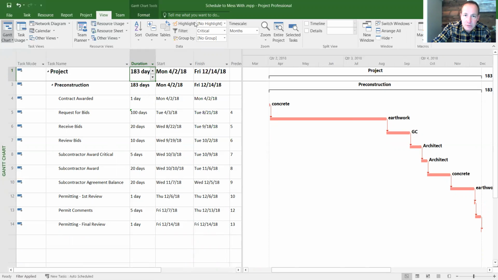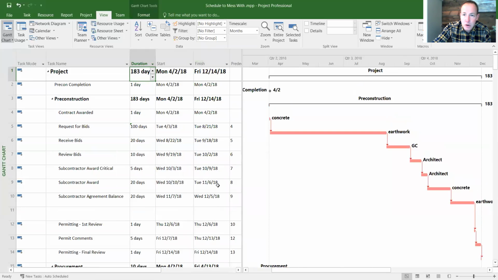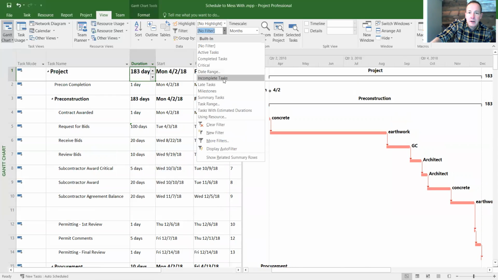It's an easy way to double check yourself. I'm going to go back to no filter. The other thing you can do with that filter is once you have all your resources input, as you know, you're going to have to print out a schedule for just drywall subcontractors. So once you have all the resources input, all the subcontractors input, you can go up here to the filter and click on this and click on